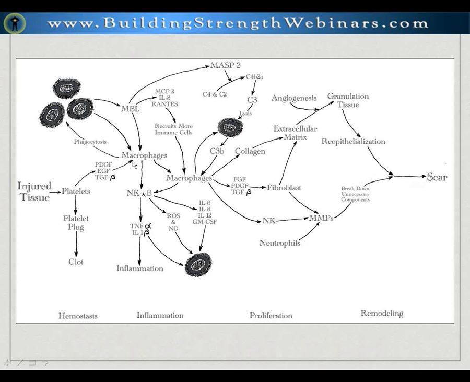Okay, and then macrophages come in to stimulate some of the cytokines to cause the inflammation process, and then recruit more macrophages and make this process even more acute to take care of all those organisms that need to be taken care of. At the same time, they stimulate other cascade mechanisms that we talked about before, and then ultimately come back with the complement system, again, to lyse some of those bacteria.